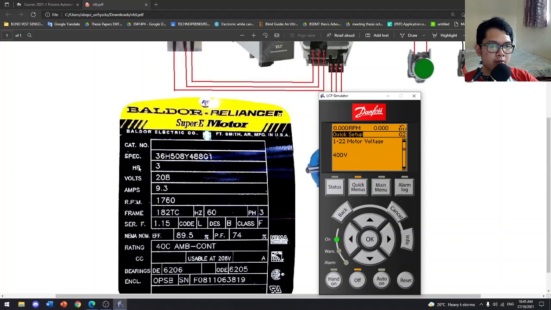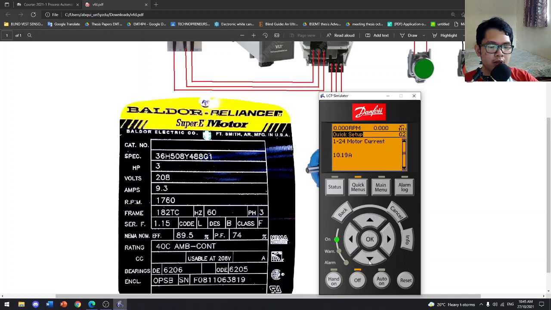So our motor voltage is 208. Okay, 208. Okay, press OK. And then motor frequency. So our motor frequency is actually 60 hertz. Okay, change this one to 60 hertz.